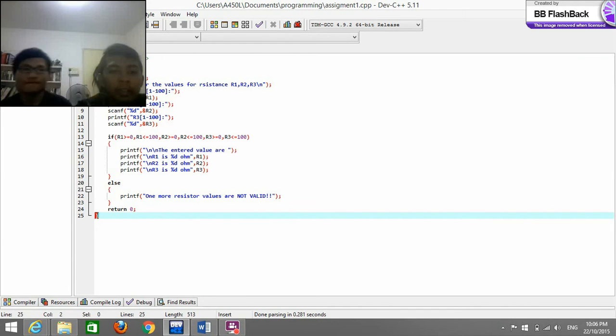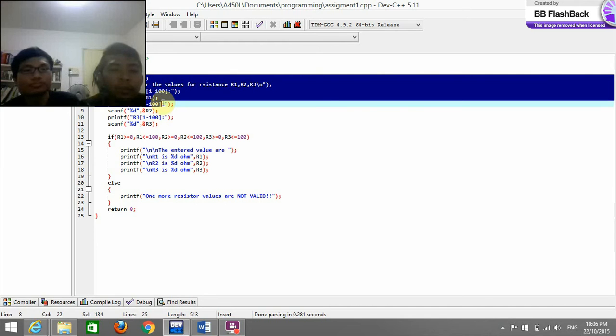Okay, second, we type main and put bracket, then put the bracket, open bracket and close bracket. So we type the action input. So we type the input first,